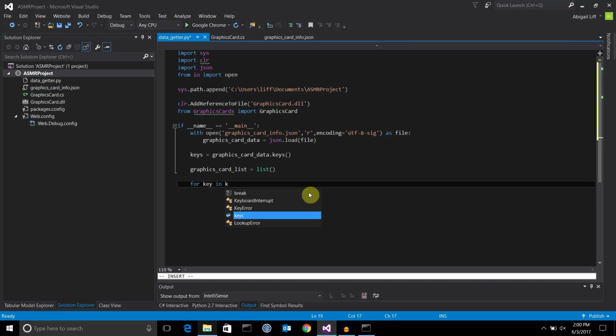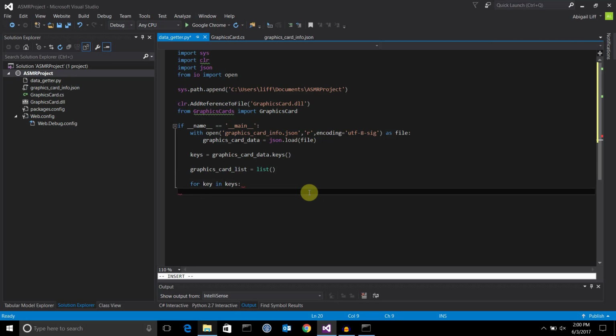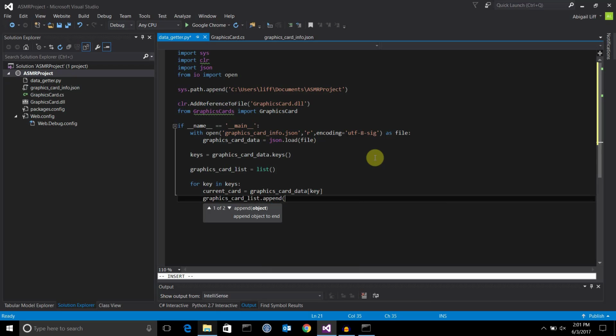So I can say for key in keys, and for each one of these, I can then reference the data item associated with it. So say current card is equal to graphics card data key. And then I will append a new graphics card object to our graphics card list. And say graphics card, and use the constructor that we made. So this is going to be a lot